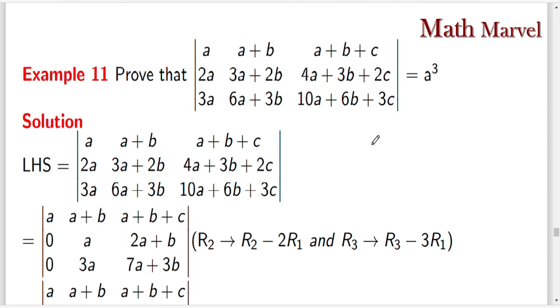Now we can find the value of the determinant using two methods. The first method is the direct method. In the direct method we know how to evaluate a 3 by 3 determinant. Here all elements are non-zero, and they are not real numbers but contain algebraic terms. Here two terms are given, here three terms are given. So if we use the direct method, the computation becomes much more lengthy. Using the direct method we obviously get the answer, but it takes lots of time. So instead of this we use the properties to evaluate this determinant.